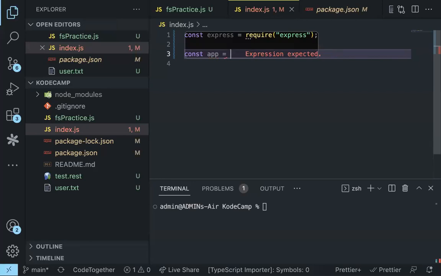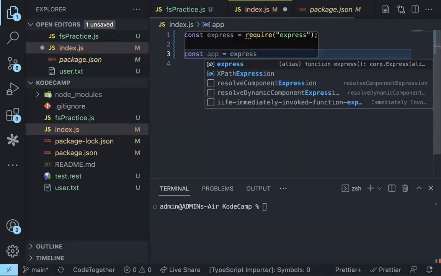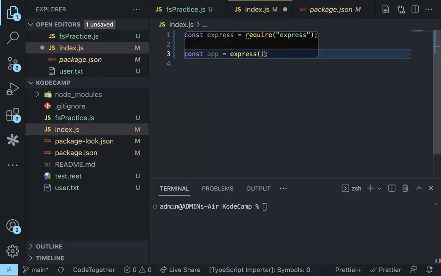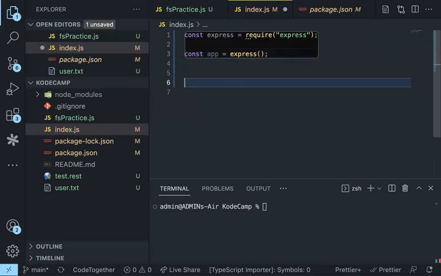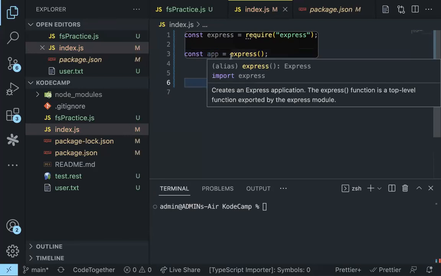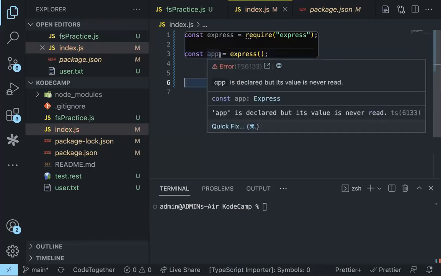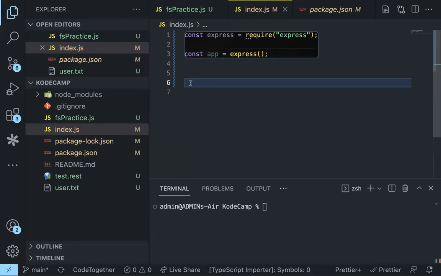So you can say const app is equals to express, like that. So it's like calling the express, right? And you're saving everything you call from the express in the app variable name. Then the next thing you need to do is you need to write a server. You need to start a server, right? For this express. Remember that Express is supposed to run as a service. So it's supposed to be on standby waiting for people to make requests, then response. So for you to do that, you need to create a server by writing